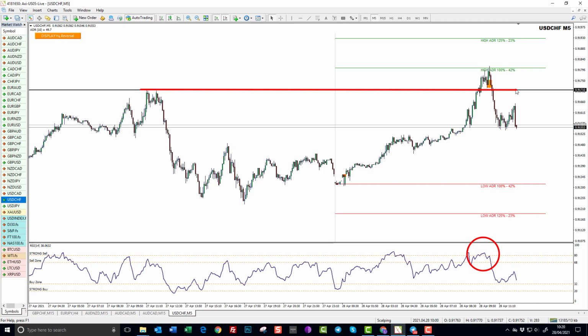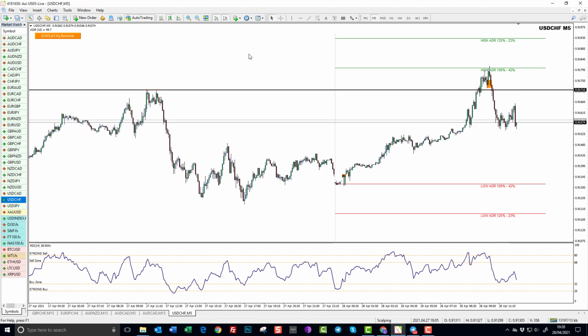Therefore, there's a much higher probability of this being a decent pullback. You could also use Fibonacci to measure the distance of the move. And if you want to use your Fibonacci retracements, you can use those as well to calculate how far back you think price is going to go. But typically I find somewhere between a 25 to a 50% retracement of the high of the day or the low of the day if it's hit the ADR low is typically the best target to go for with these